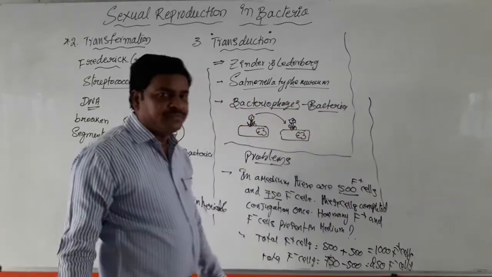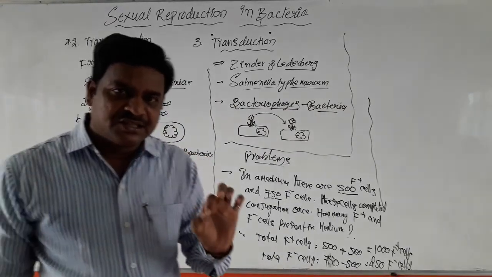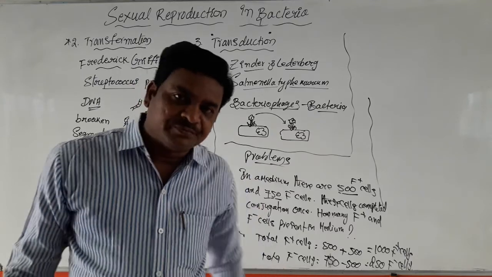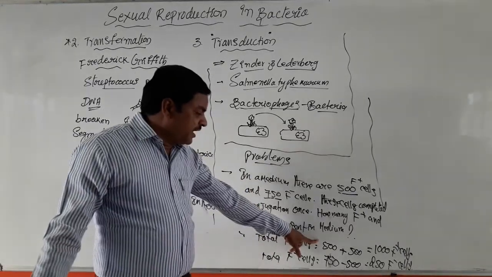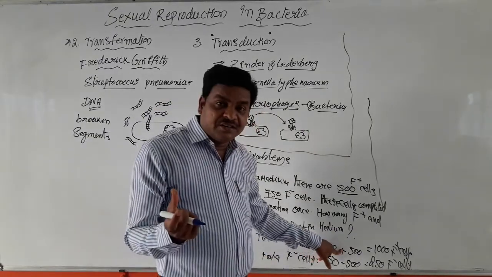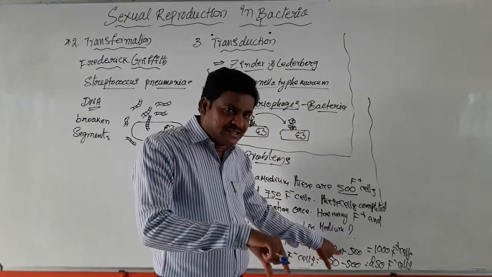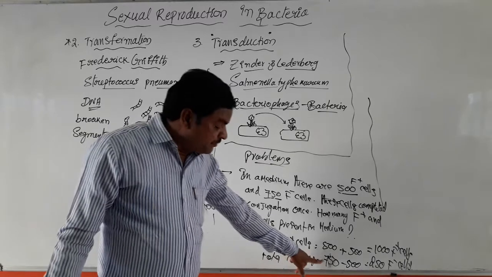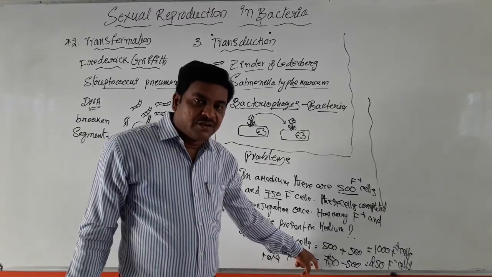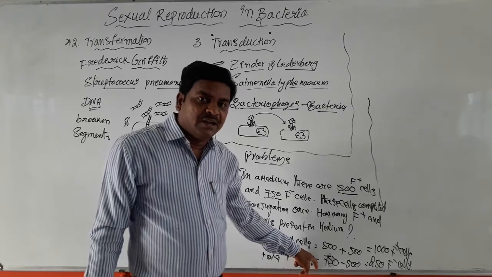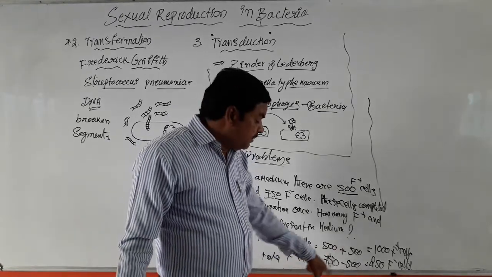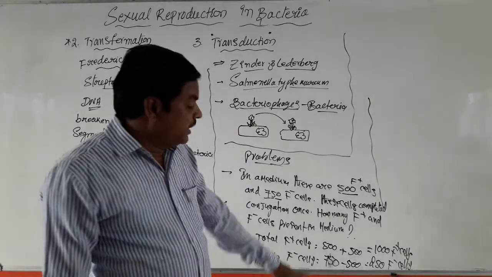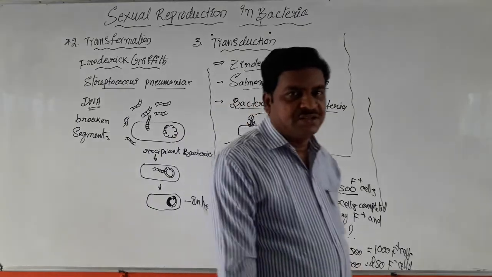This is a small problem. Students, the main statement in this conjugation is that at the end of conjugation, a minus cell becomes a plus cell. So basically 500 plus cells are there. By conjugation, 500 minus cells are converted into plus cells. 500 plus 500, 1000 plus cells are there. And basically 750 minus cells are there, but 500 minus cells are converted into plus cells by participating in conjugation. Remaining 250 minus cells are there. Totally 1000 plus cells and only 250 minus cells are present.